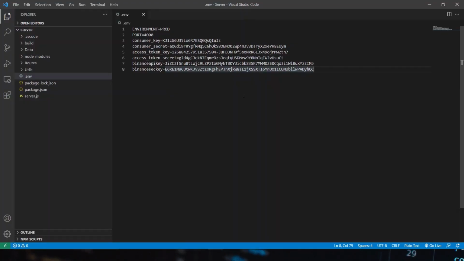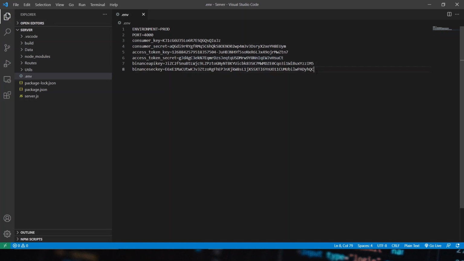Download the code from GitHub and open it in a text editor. First, we need to create this .env file that contains the metadata for the bot. So here we have the environment, which should always be set to prod, and the port number, and we specify the Twitter API keys because we're going to use these keys to listen to tweets real time and then trigger trade when the keywords are matched.